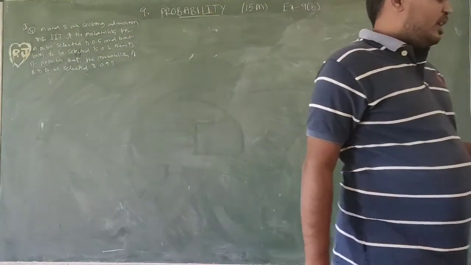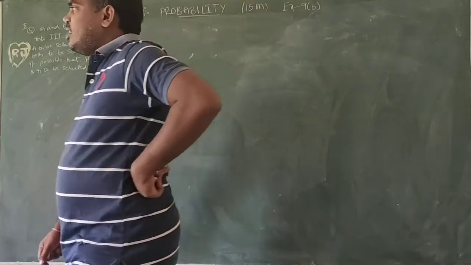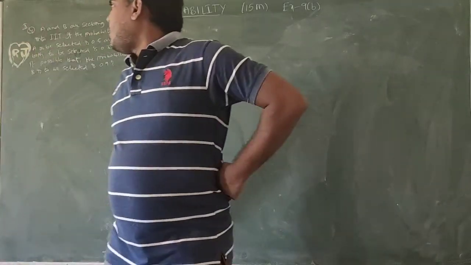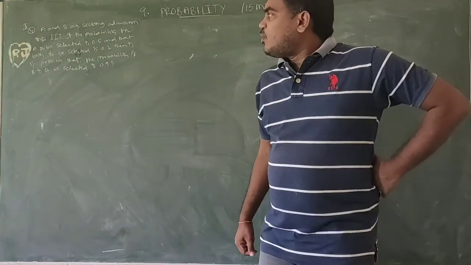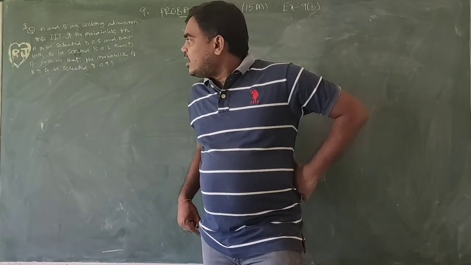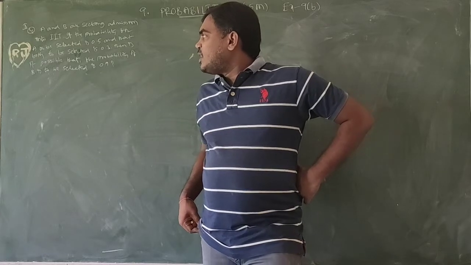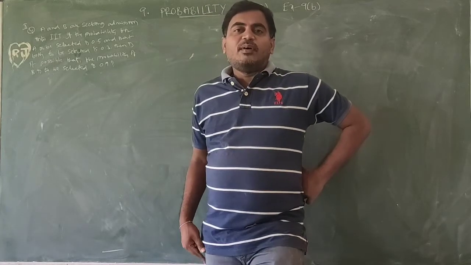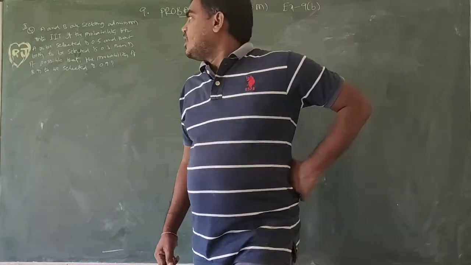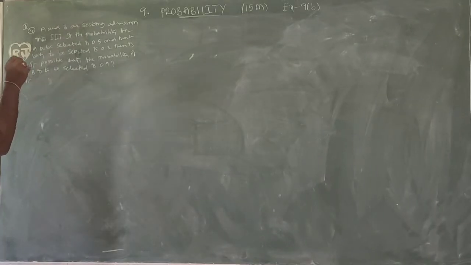First, A and B are seeking admission, sir. So they are waiting for admission to IIT. The probability of A is given as 0.5, both selected is 0.3. Then is it possible that the probability of B being selected is 0.9? So both should be selected. First, the given information, I want to write the solution.